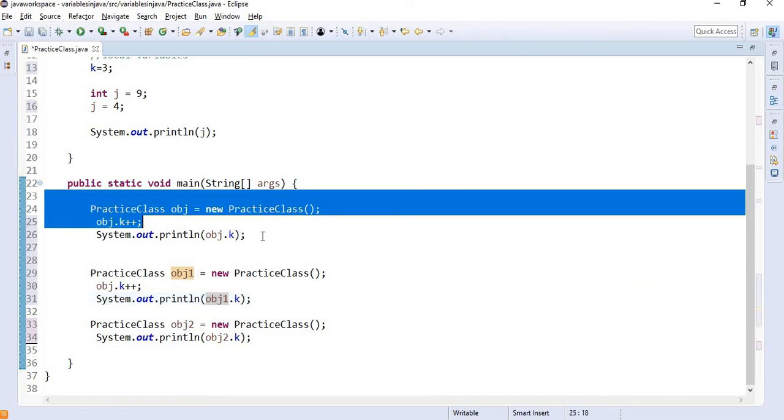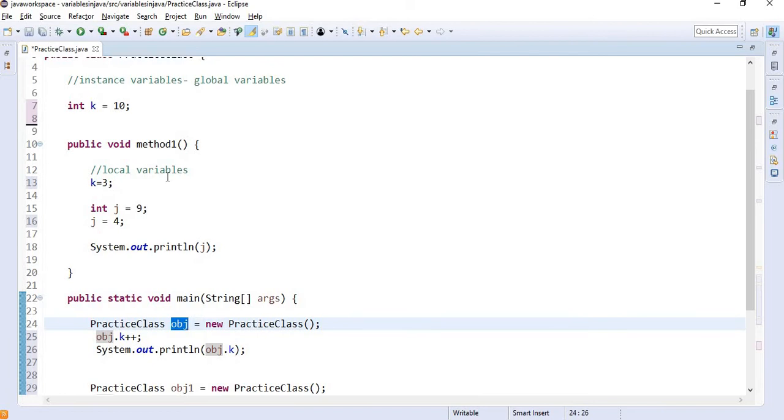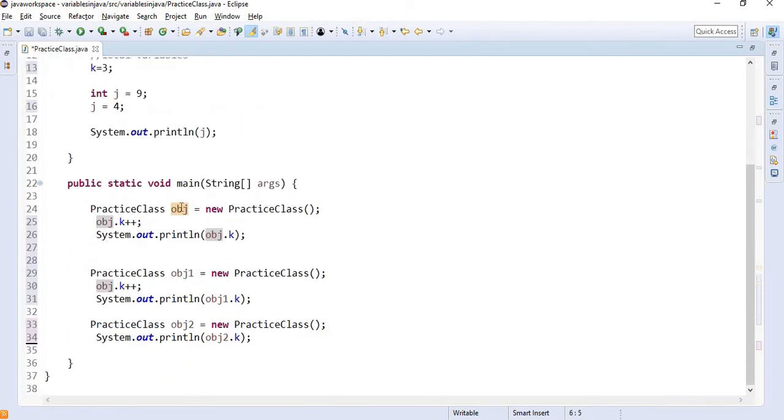See what is happening here: these obj1 and obj2 objects are holding a copy of the value of k, which means the first k value, 10, will come here. It will increase the value of k and print it. What will be the value here? 11. Then again, this obj1 is a different copy.